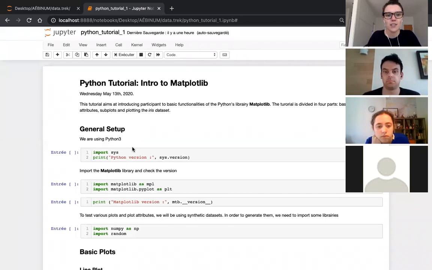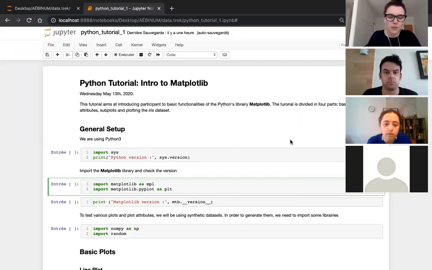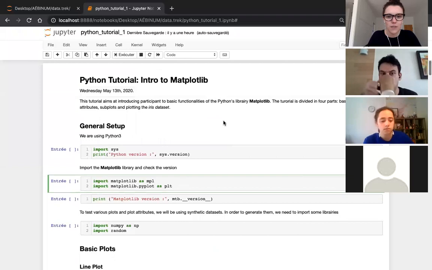Don't hesitate to stop me and ask questions. If it's too basic, tell me, we'll go to another section. The aim of this tutorial is that it's quite dynamic, so we can code at the same time. I shared the notebook also if you want to do it at the same time, if you have a Jupyter Notebook installed. So first thing first,